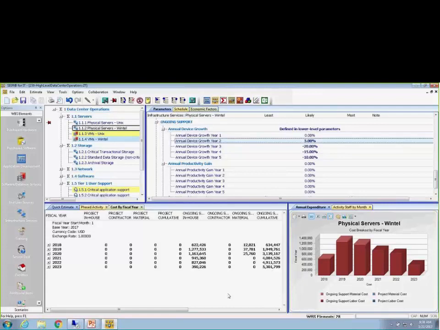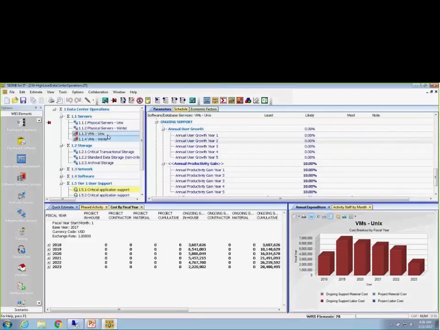And similar to the growth, this is an example of the growth, but if I switch to the software database services element, where I'm estimating the number of servers, their virtual machines, this is another example. Now I'm looking at the productivity gain parameters. An example of where I could set, if I wanted to make it easy, a 10% growth from year to year, or productivity gain from year to year, I could set it as easily as that,